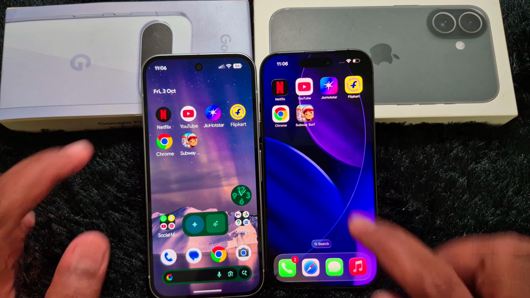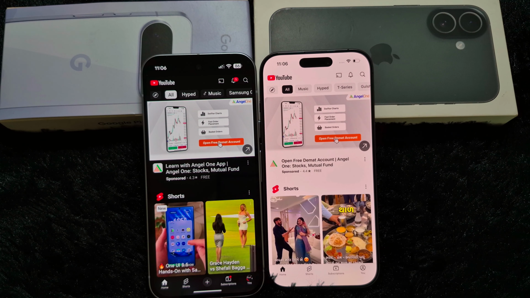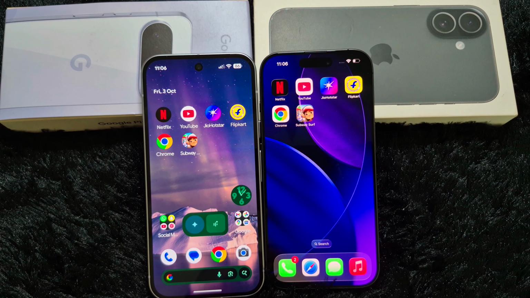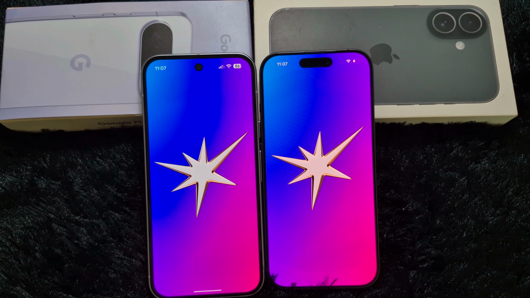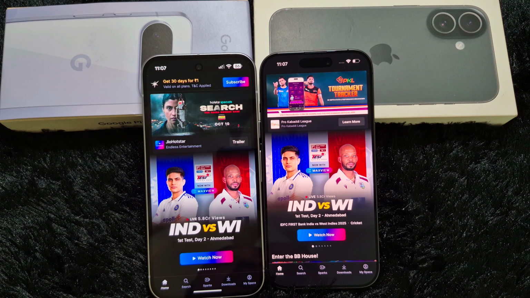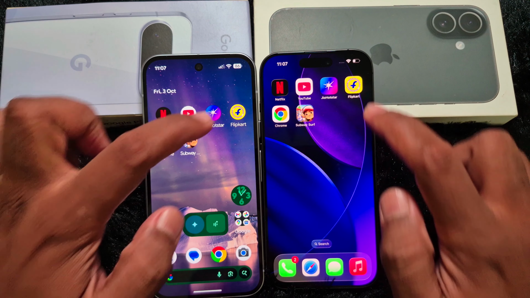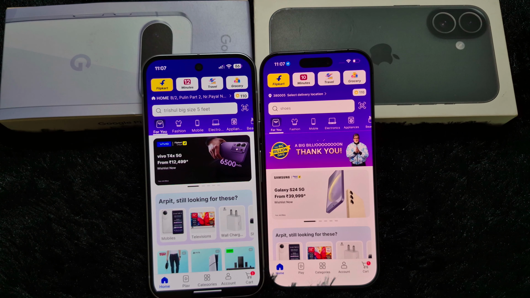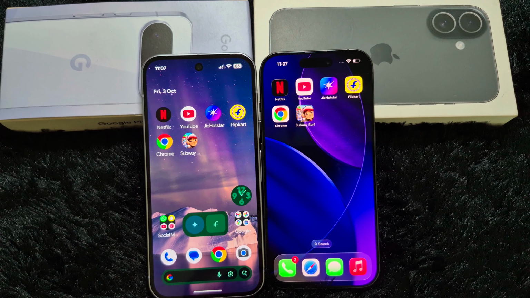Now open YouTube. Now open Hotstar. Now open Flipkart. Here you can see all the step by step different application speed tests on the iPhone 17 and Google Pixel 10 device. You can easily compare Google Chrome,